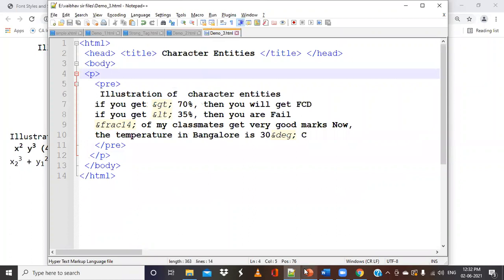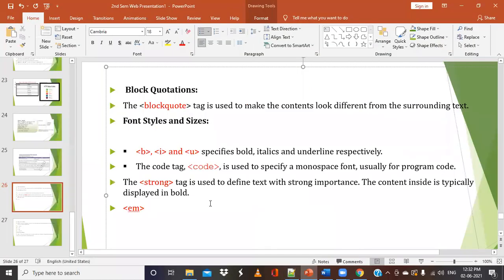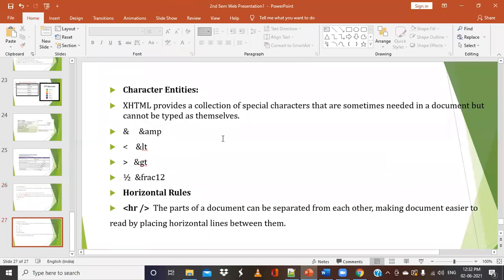Next important thing that we have is the character entities. So what are character entities all about? When you want to display some information which is not in a regular way, or some keystrokes are not there on the keyboard, like a dollar symbol, or in the earlier days the @ symbol was not there, or the copyright symbol was not there.